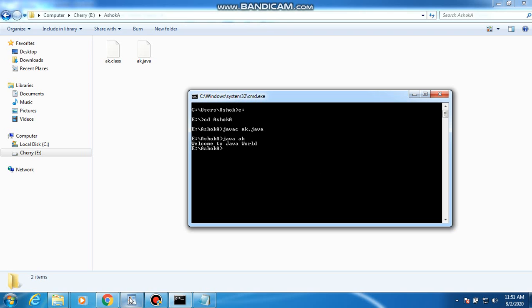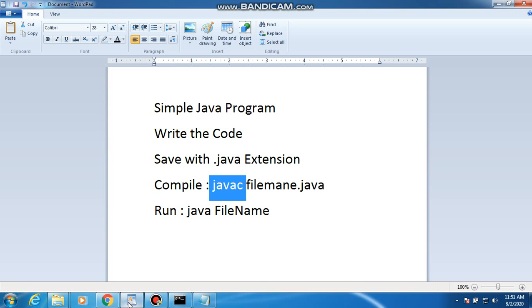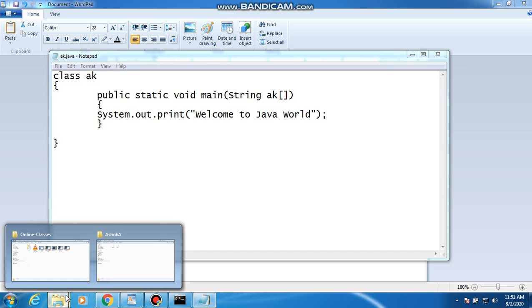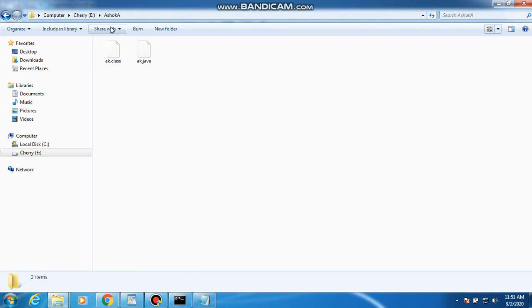Dear student, once look here. First, if you want to write a Java program, you can type the program using notepad. Next, that file will be saved with the Java extension in our folder.